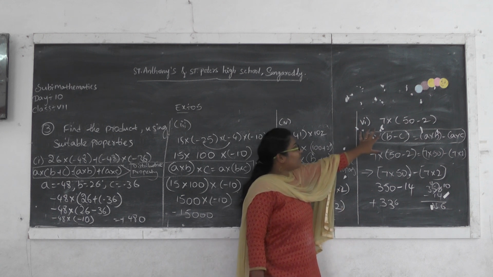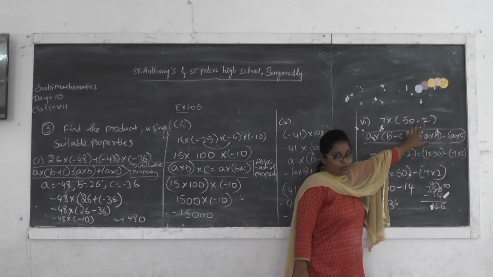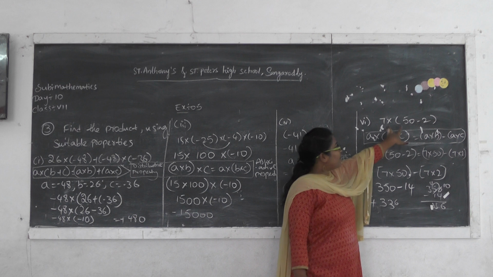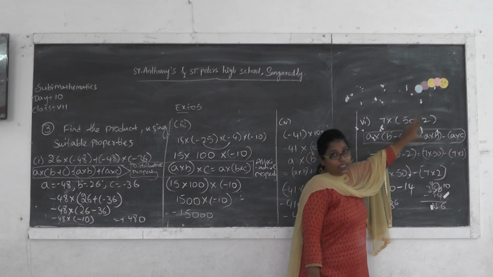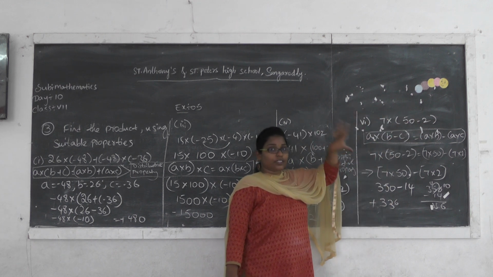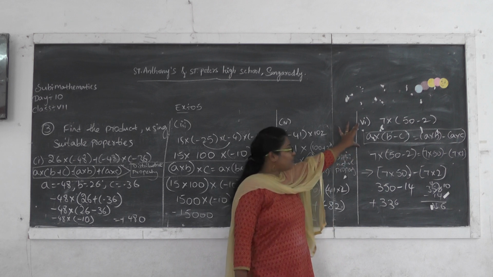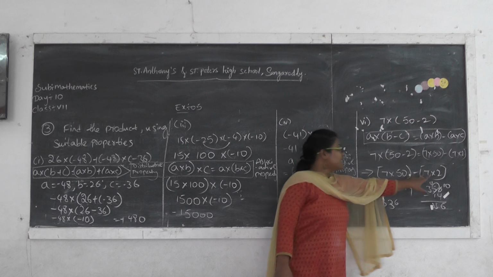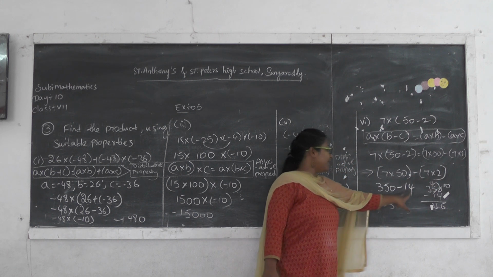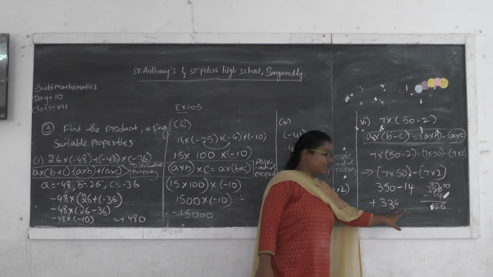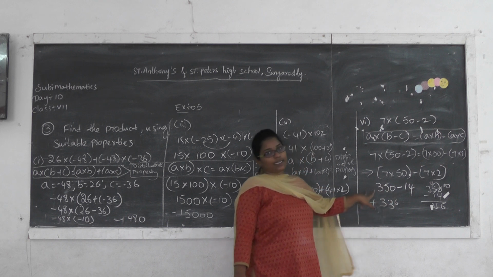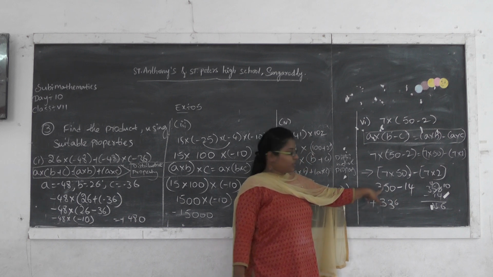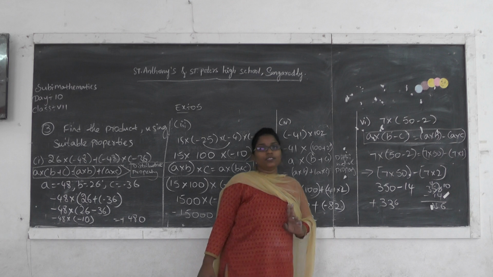So how do we identify it? One is multiplication, one is a negative operation. If it is connected with one multiplication and one subtraction operation, this comes under the distributive property, multiplication over subtraction. So we have to write the formula and substitute: 7 into 50 is 350, 7 2s are 14, 350 minus 14 is nothing but 336. Since 350 is the greater numerical value and it is positive, the result is also a positive integer.